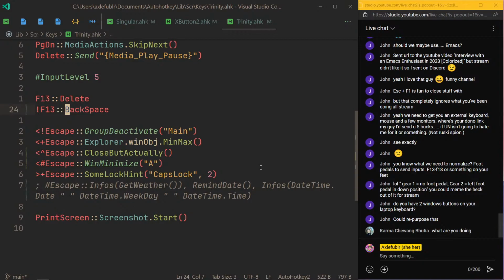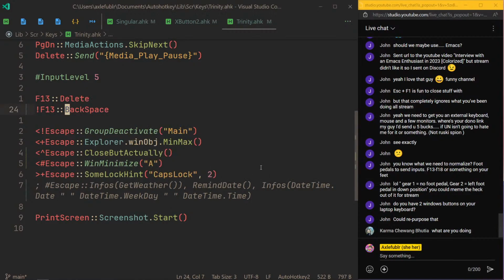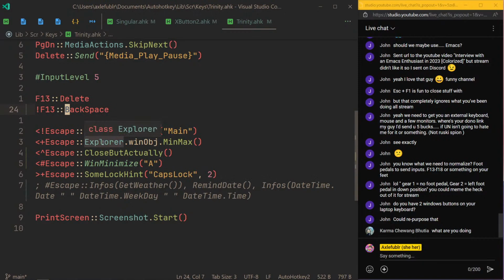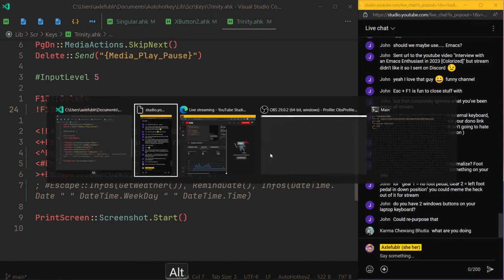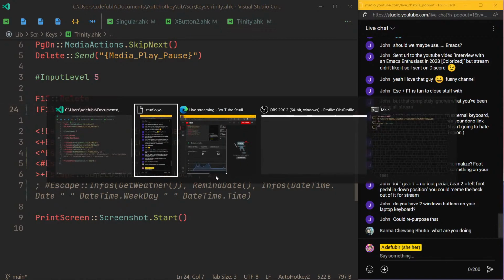I got a brain blast. I have an amazing idea. Okay. I don't really press Alt-Tab myself, like ever, because I have a hotkey for this on the mouse. Just pressed it with my mouse. What if Alt-Tab does something like group deactivate? So what group deactivate does,